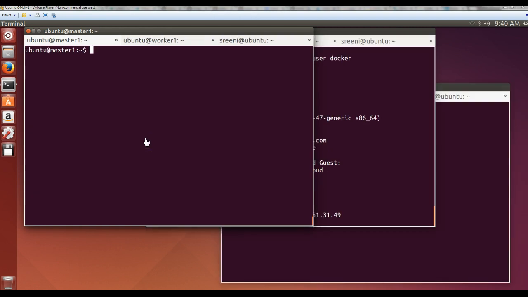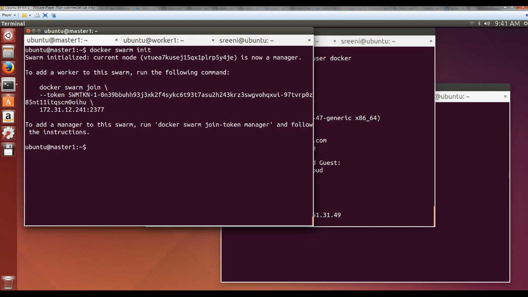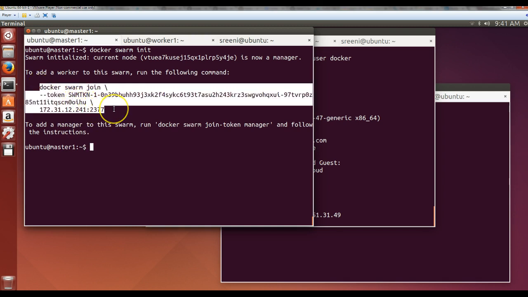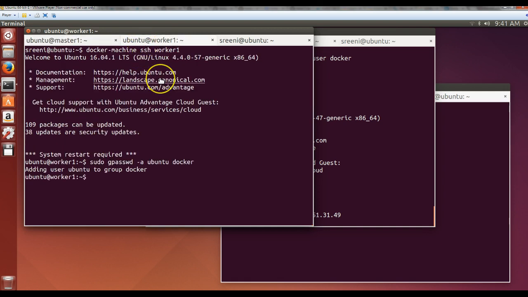At this point we are ready to create the swarm cluster. It's very easy to do that. All we need is, on the master node, to run docker swarm init, and it tells us what the options are if we have to create a new worker node. So we just copy this with the keys into the worker,